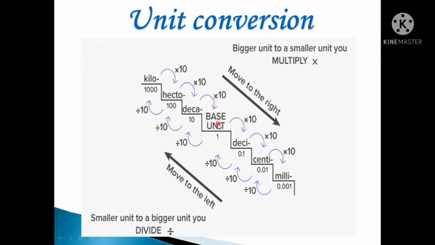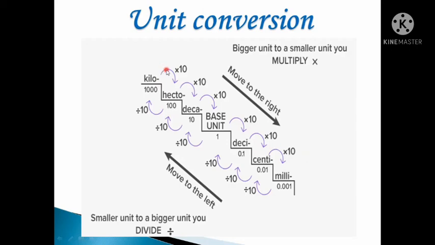And suppose you want to convert meter to centimeter, see how many steps, my dear. In each and every step it is 10. So the base unit is meter. Meter to centimeter means you have to multiply by 2 tens, tens and tens. Okay, so it is 100. So base unit to centimeter, you have to multiply by 100. Centimeter to millimeter, you have to multiply by 10. Because we know that 1 centimeter is 10 millimeters. So you have to multiply by 10.